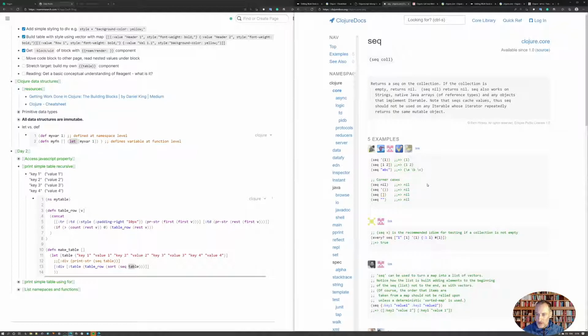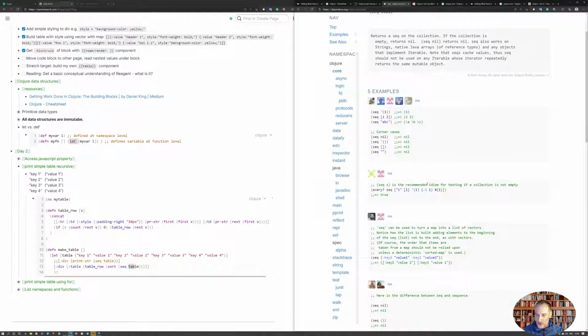I'm just looking for where I read it, but trust me, yes, here you can see the example. Sequence can be used to turn a map into a list of vectors. So that's what I do with my map. I turn it into a list of vectors,